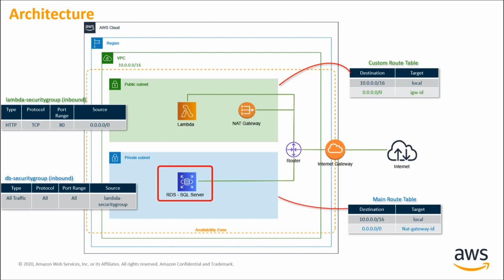In addition to that, we need to configure two security groups as shown in the diagram to make sure the Lambda function can access the SQL Server instance. The first one, the Lambda security group, you need to configure with Lambda while you publish it to the AWS cloud, and the other one, the DB security group, you need to configure while you create the RDS instance.